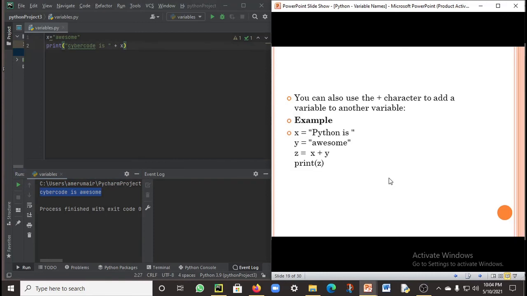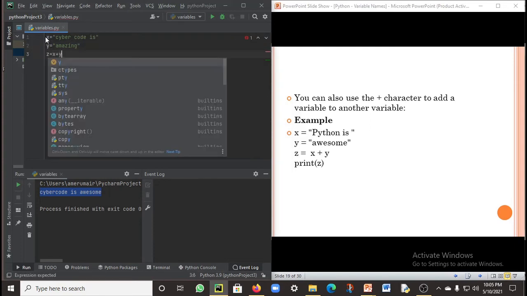Next we can see that you can also use the plus character to add a variable to another variable. So these are very interesting things, you might need to understand it. The x is "Cybercode is", and in the next line I'm going to assign y as awesome, and z is equal to x plus y.